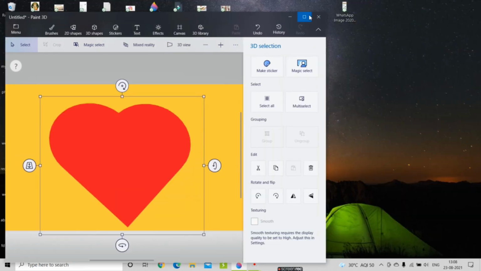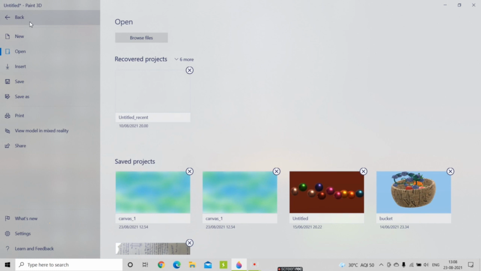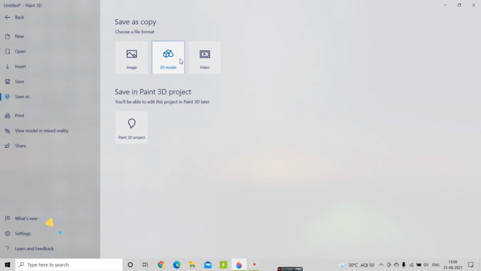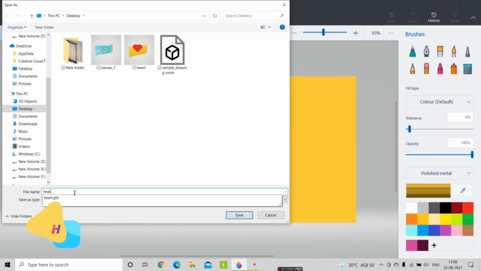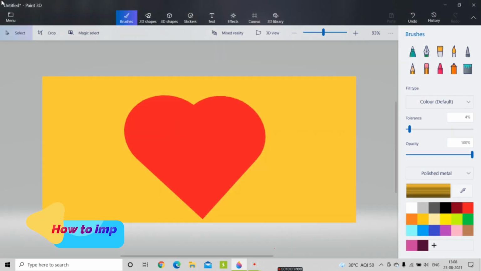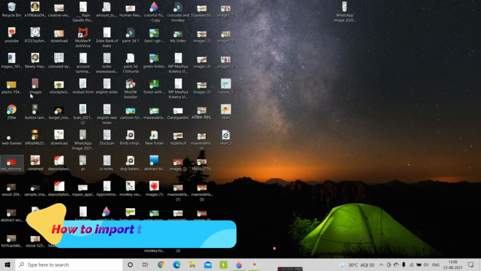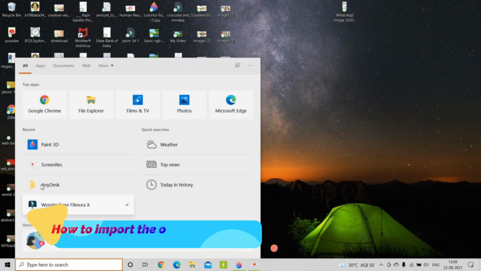So here you can select it. First of all, you can save it using the save as method, and then click on 3D model, and I'm going to save it with the name heart underscore 1, because we have already saved one. Now if we want to go to Blender, I have installed Blender, and you can also watch Blender videos on our YouTube channel.